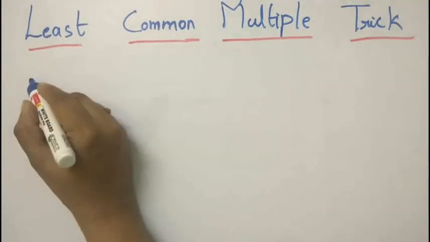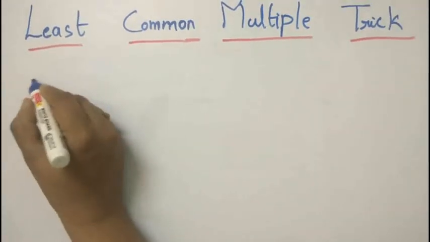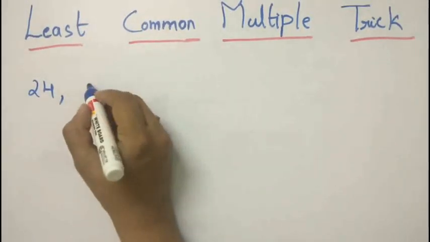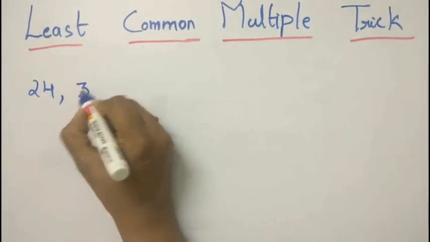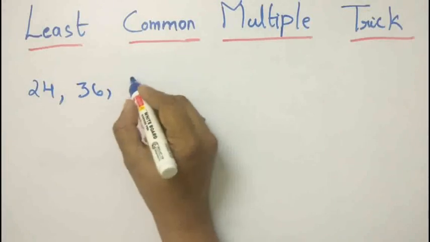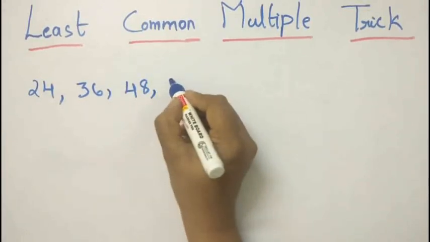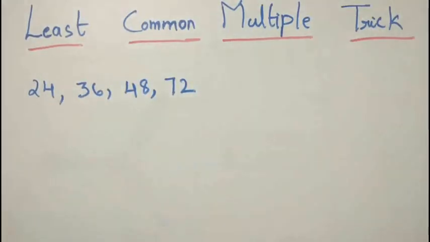Suppose you have to find the LCM of 24, 36, 48, 72. Suppose these are the numbers and you have to find the LCM. Okay, then